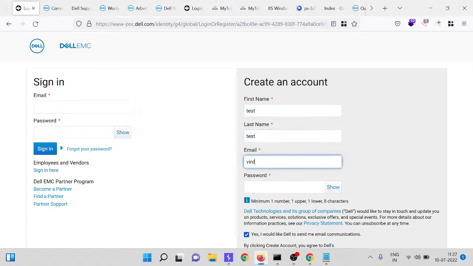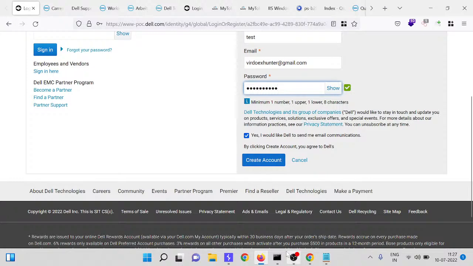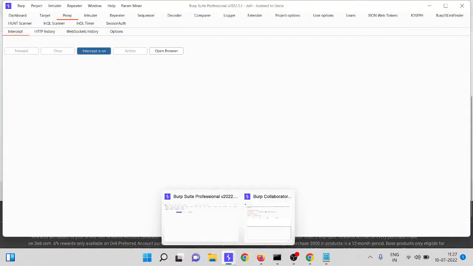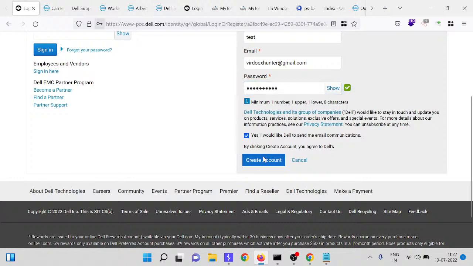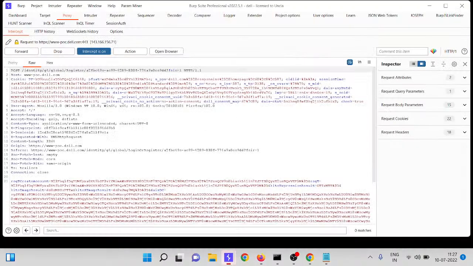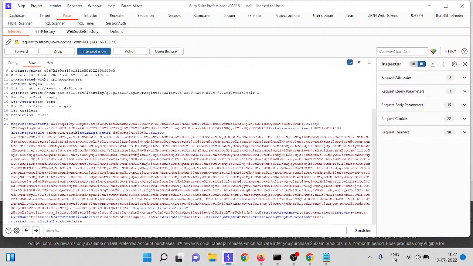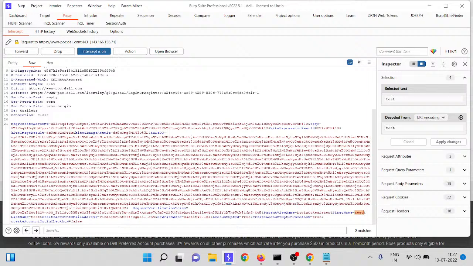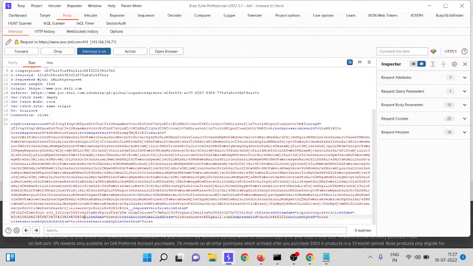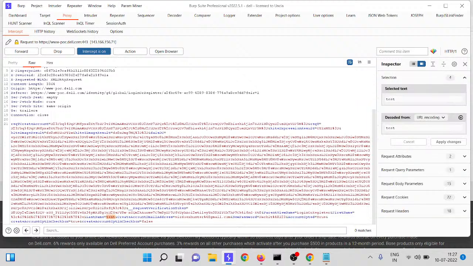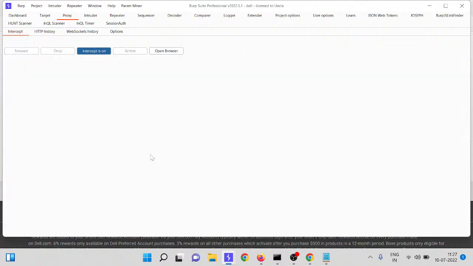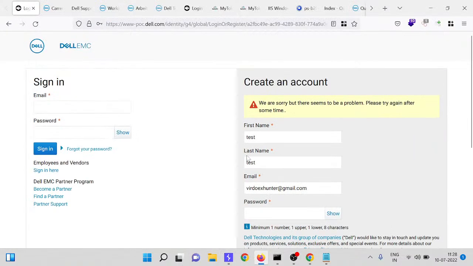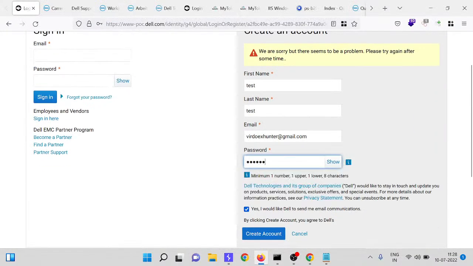So now let's create an account. It does not allow special characters in the name.